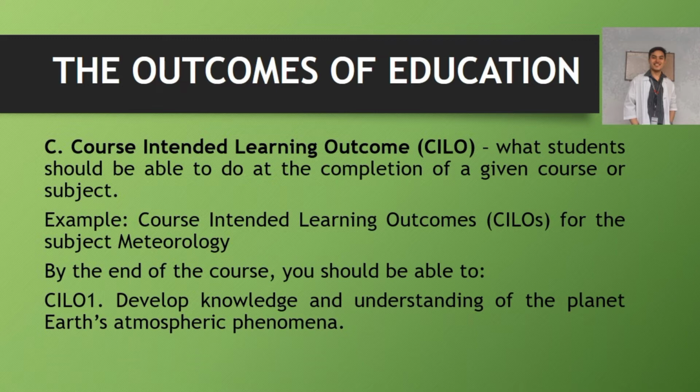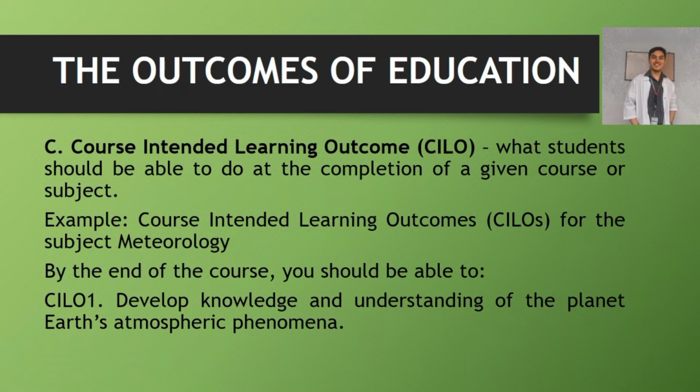So they should be made explicit to learners and must guide the teaching, learning, and assessment activities in the context of a course. So therefore, it could be inferred that course intended learning outcomes, or the CILO, are likely changes that exist at the end of the learning process. So it is what a learner is expected to know, understand, and/or be able to demonstrate after completion of